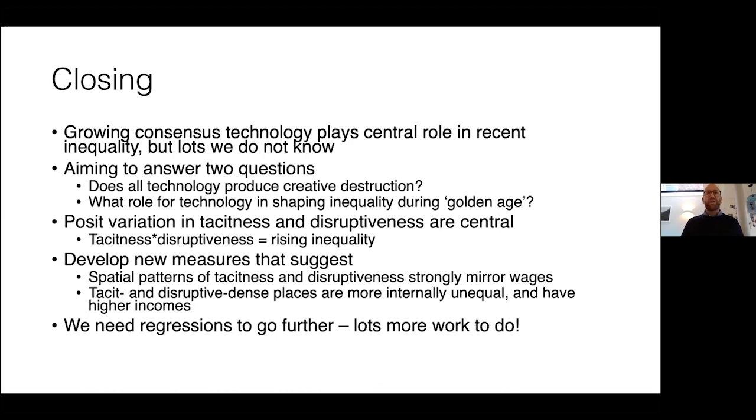And as I said, we're starting with this very crude setup, but we have very finely grained data, at the level of individual patents, inventors, and so on. And so once we have a firmer sense that we're headed in the right direction, we can really dig down and have a much more fine-grained understanding of what's happening.